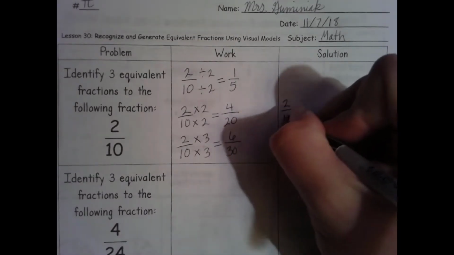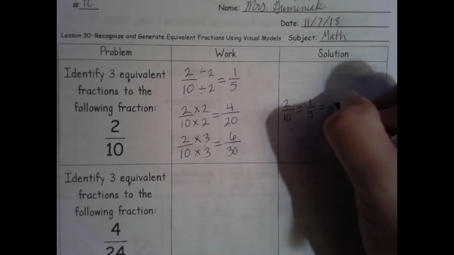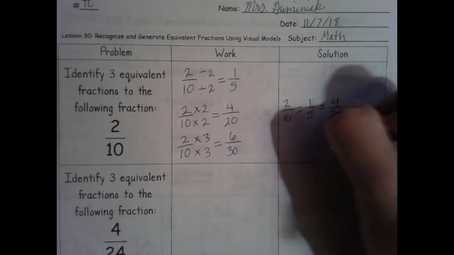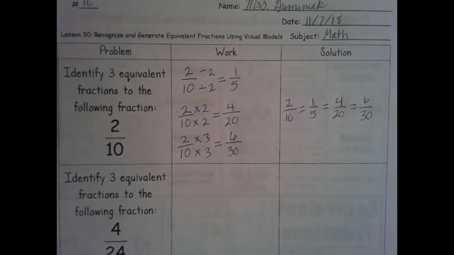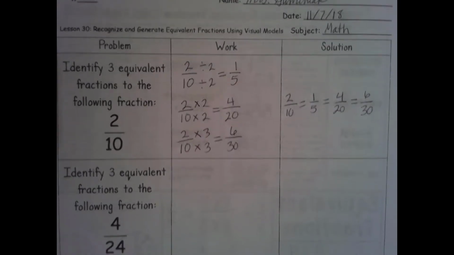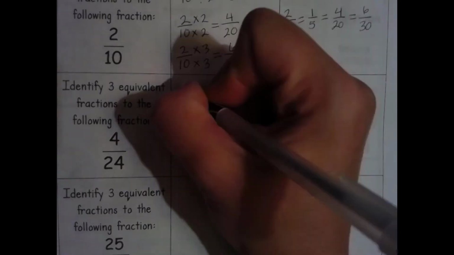So our equivalent fractions to 2/10, we have 1/5, we have 4/20, and we have 6/30. These are all equivalent. They are all equal to each other. The same amount is shaded in for each one. It's just the size of the pieces have changed. All right, same thing with